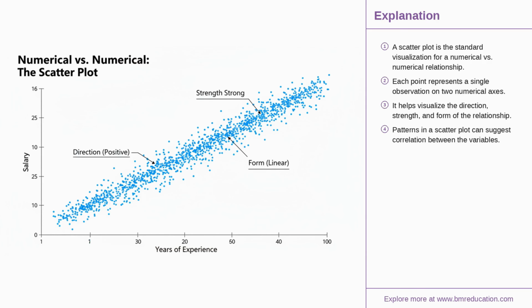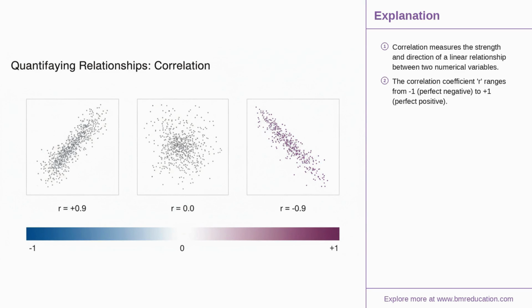linear or nonlinear. While a scatter plot gives a visual impression, we need a metric to quantify the strength and direction of a linear relationship. This is correlation. The Pearson correlation coefficient, denoted as R, ranges from -1 to +1. A value near +1 indicates a strong positive linear relationship, -1 indicates a strong negative linear relationship, and 0 indicates